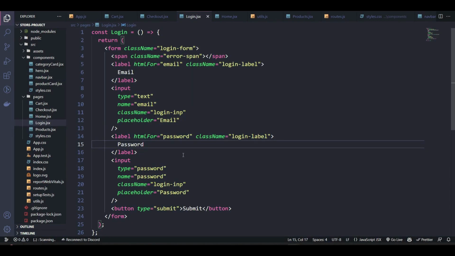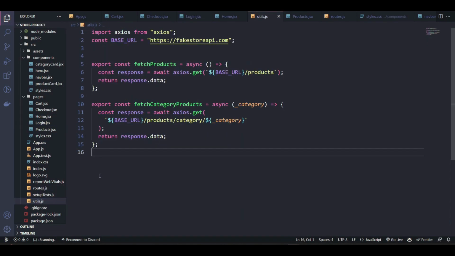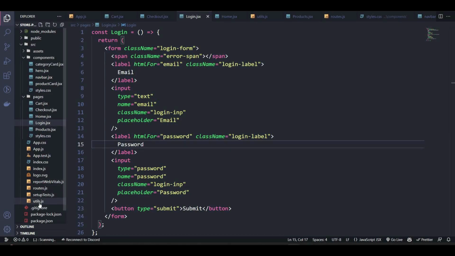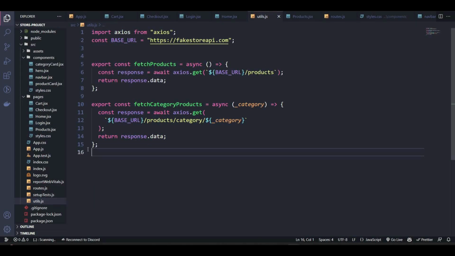So back in our login file, before we add any other thing, we need to actually handle the authentication from our API, right? So let's go back to our utils.js and create a new function to send that request. We can say export const authenticate user, and that should be equal to